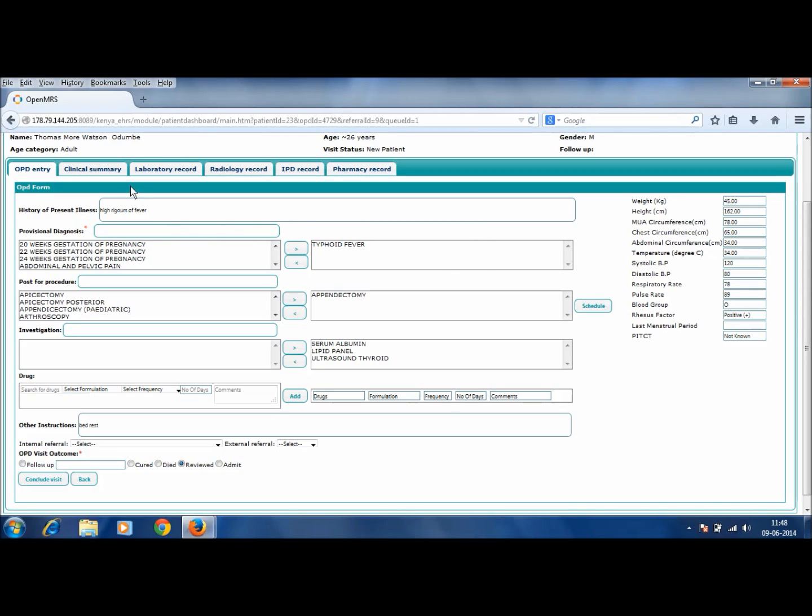Now there are a few other tabs that we see on this dashboard, which are clinical summary, lab record, radiology record, IPD record and pharmacy record. These will be demonstrated to you as we progress with other modules. But to know here is important that clinical summary is a record of all consecutive OPD encounters. The lab record